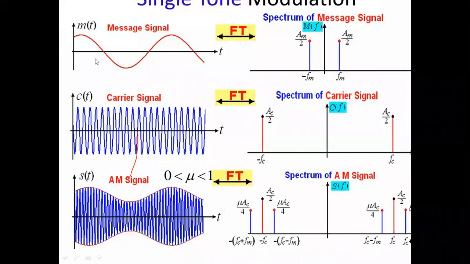So this is a single signal. Now this is known as a single tone signal. When the carrier is considered, the carrier also has a high frequency. The spectral components of the carrier are 0 to fc and 0 to minus fc, having the magnitude Ac by 2 and Ac by 2. So this is the spectrum of the carrier. This is the spectrum of the message signal or modulating signal.